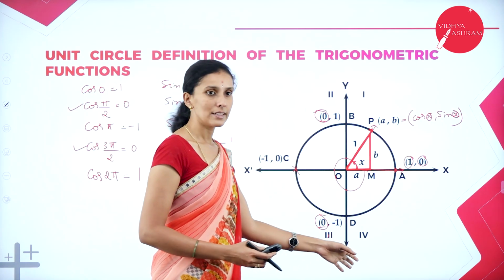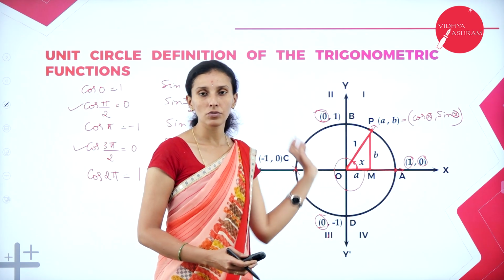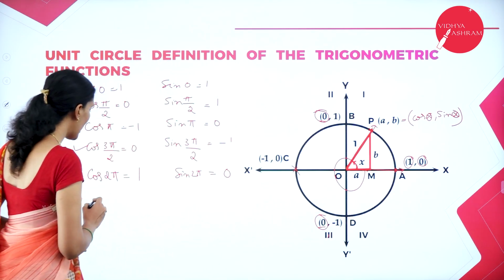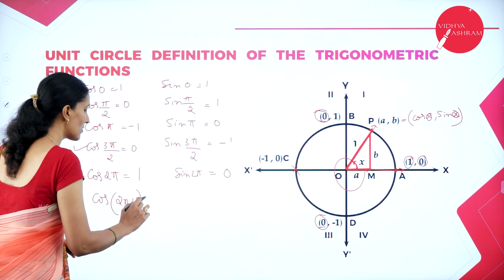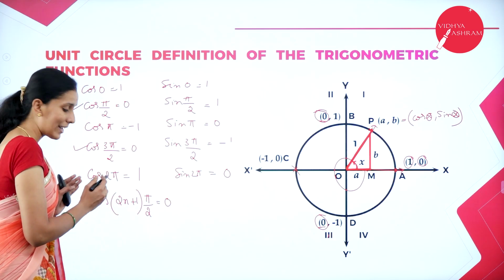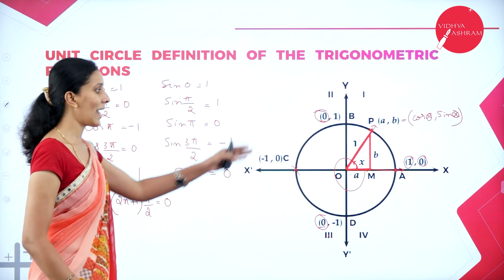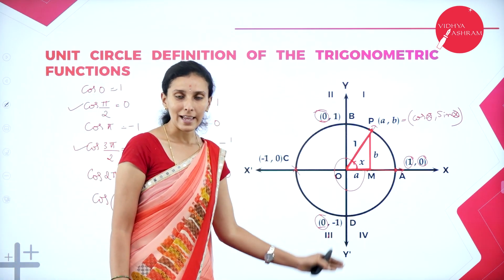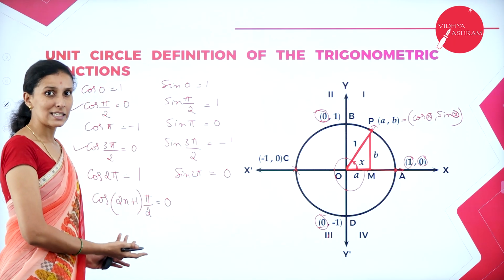After one complete revolution, pi by 2 plus 2 pi is again here, and 3 pi by 2 plus 2 pi is 5 pi by 2. Next, again this is 7 pi by 2. So it goes on, 9 pi by 2, 11 pi by 2, that is, for any odd multiples of pi by 2. For odd we will represent it as (2n plus 1) pi by 2. The cos function is 0. Why does the cos function become 0 for odd multiples of pi by 2? Because it lies on the y-axis. On the y-axis, the x coordinate is 0. So therefore, your cos function is 0.